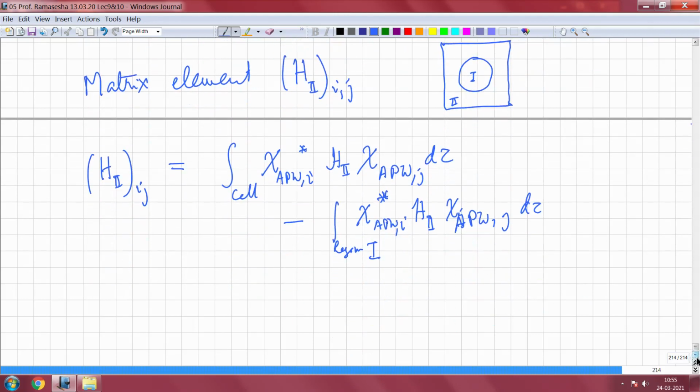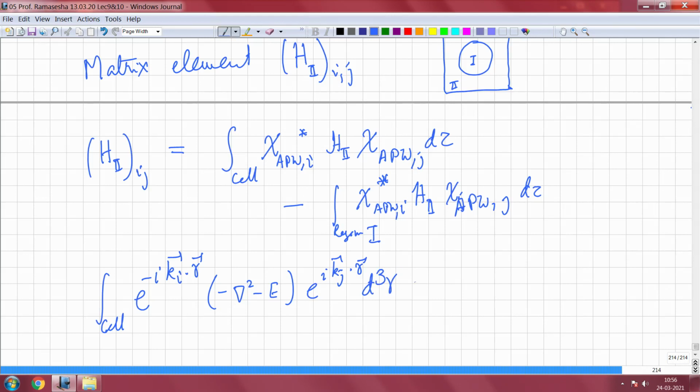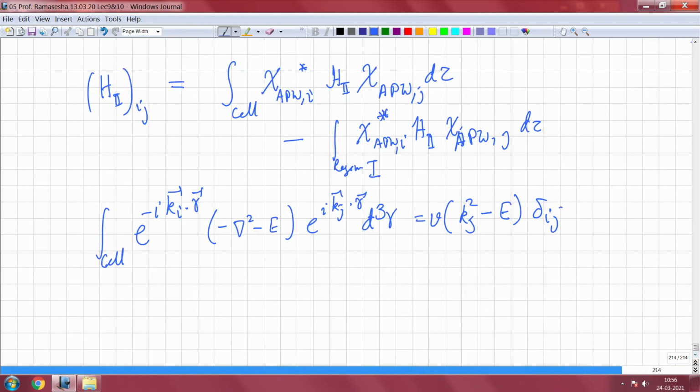So for the cell it is pretty simple. Because the chi APW that we are taking is a plane wave over the entire cell, we have the integral over the cell of e to the minus i k i dot r, minus del squared minus E, times e to the i k j dot r, d cubed r, which will just give me k j squared minus E delta i j,